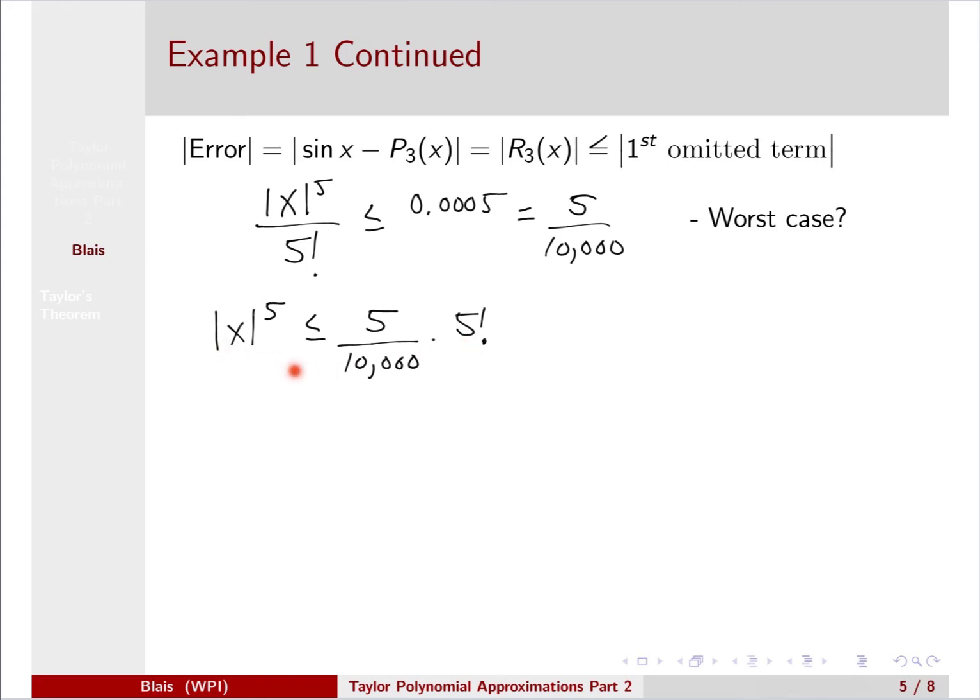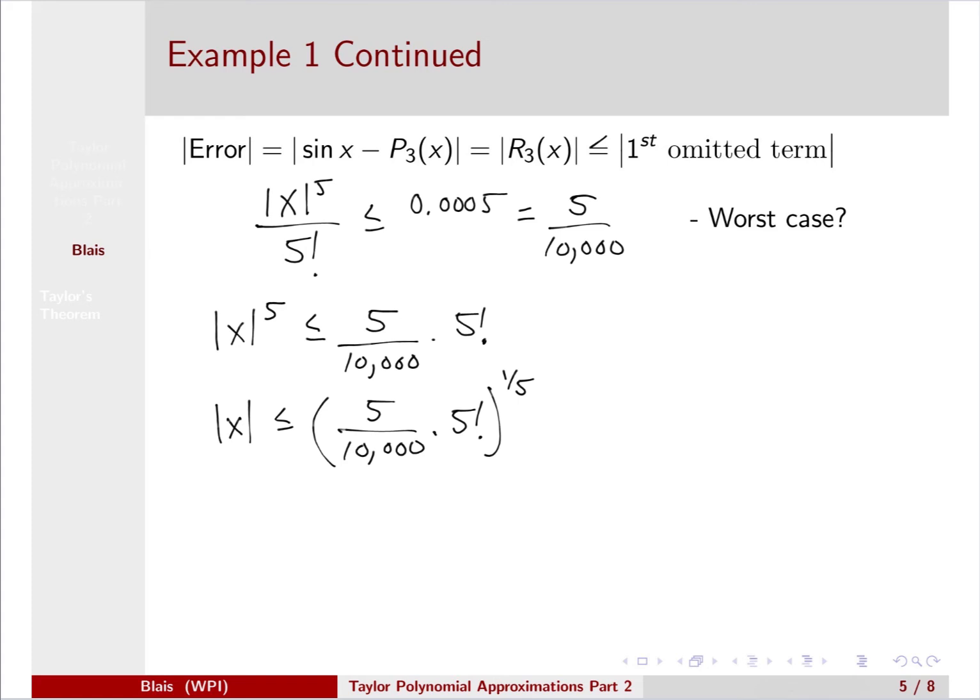We can then take the fifth root of both sides and maintain the inequality. And so we get the absolute value of x is less than or equal to 5 over 10,000 times 5 factorial raised to the 1/5 power,